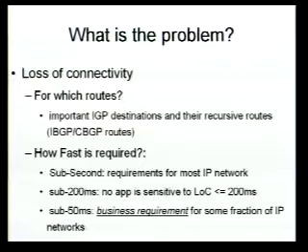Next, how fast can we converge the networks? Usually, in most IP networks, sub-second is really pretty good and meeting a lot of the needs. But there are applications that need to get down to sub-200 milliseconds. And the most famous one is probably voice over IP, and when you can hear a pop in your headset as something requiring roughly 200 milliseconds of convergence time. And then, of course, there's the ever-famous 50 millisecond nirvana.